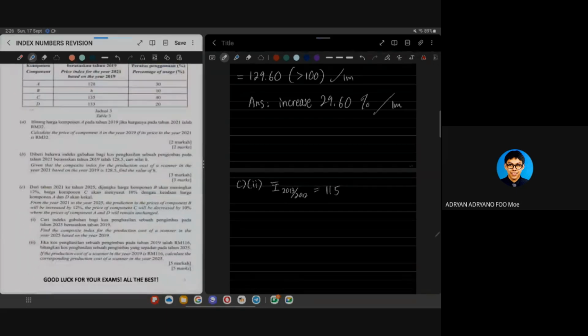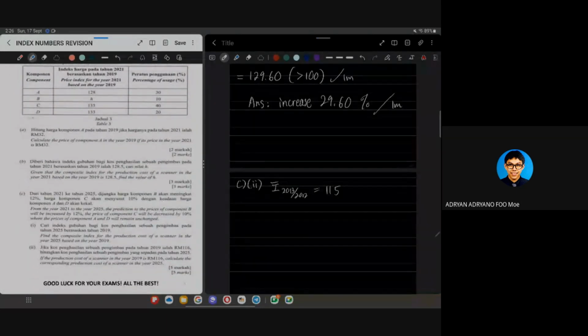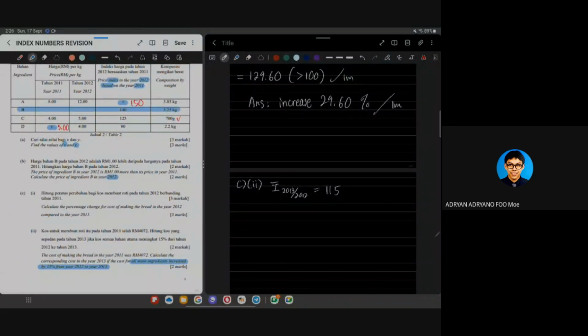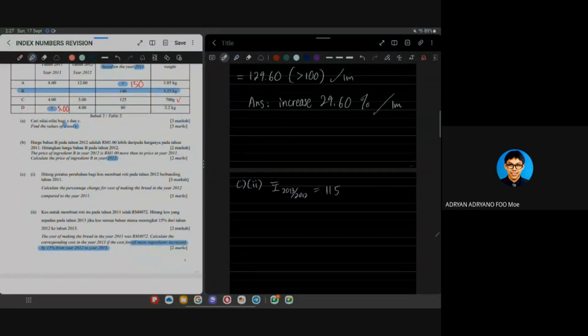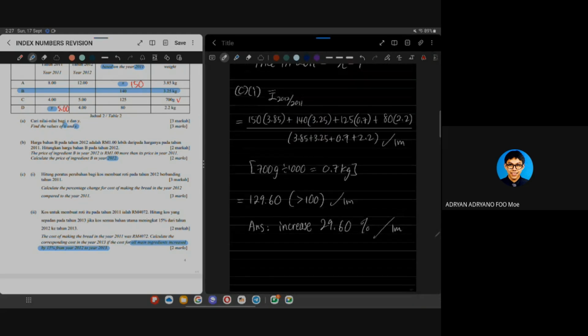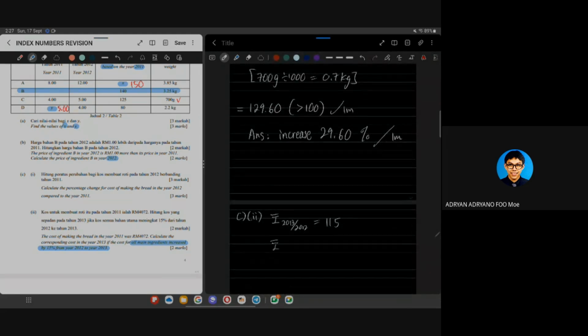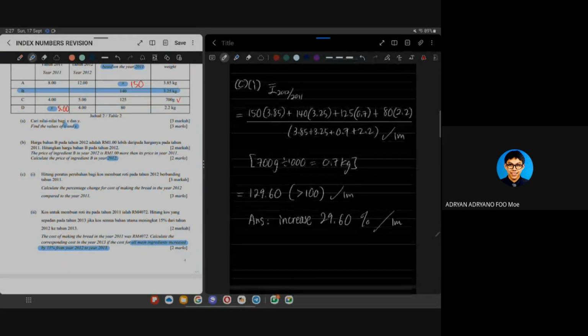Later on, I think the third question, I will show you. When it is not mentioned that all increase, it is individually increase or decrease. That is another method that we need to do, meaning an extra step. So like this, they said all main ingredients. So straight away, 115 over 100. Okay. So now, I have composite of what? Composite of 115 over 100, which is